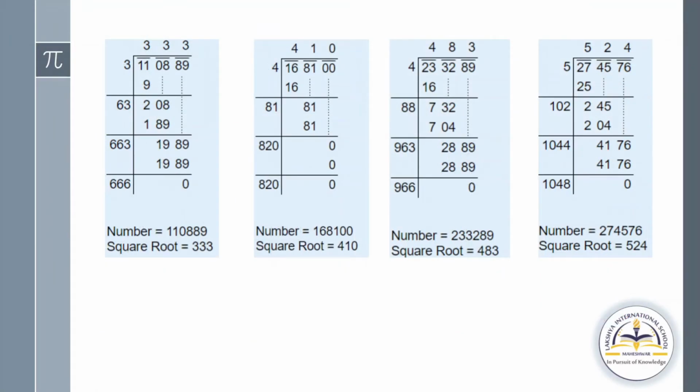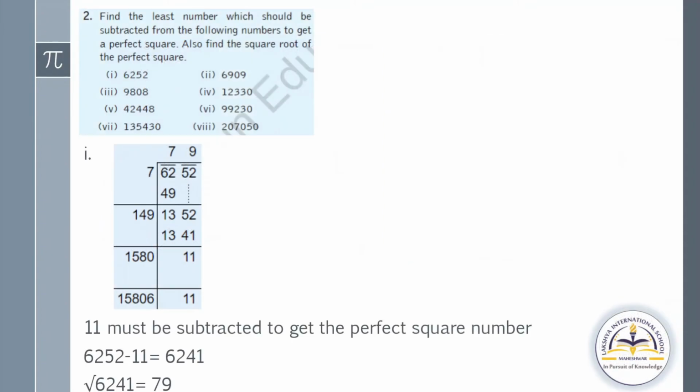And the same method to solve this question. Now question number 2, find the number which should be subtracted from the following numbers to get a perfect square. Also find the square root of the perfect square. First question 6252. Here in the same manner you have to first solve by the long division method, then you will